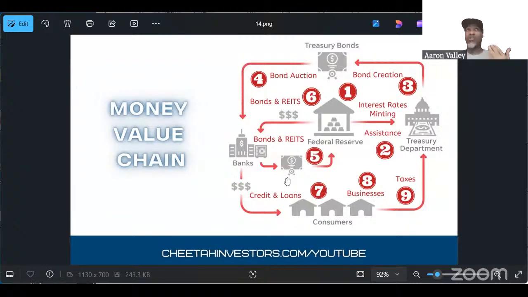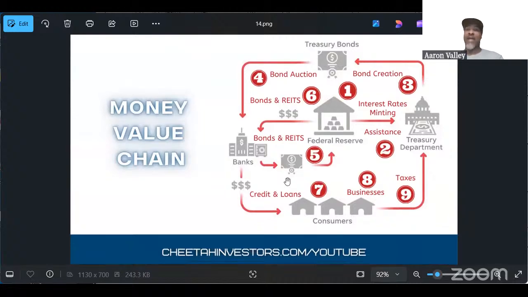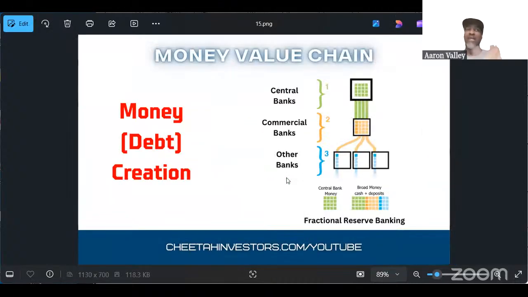Now, there are more intricate details, but I try to keep it as simple as possible because I didn't want to confuse you. There is something called a federal fractional reserve system. I'm not going to get into that, but money is exponentially created through the fractional reserve system. These are all little smaller components to keep more money being generated.